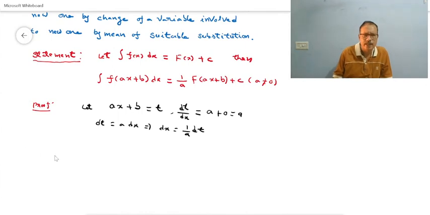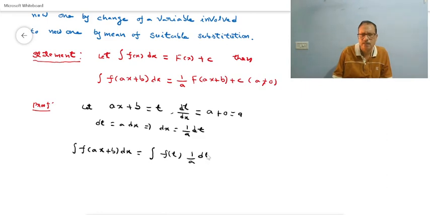Now integral of f of ax plus b dx is equal to integral of, ax plus b is t, so f of t, and dx is 1 by a